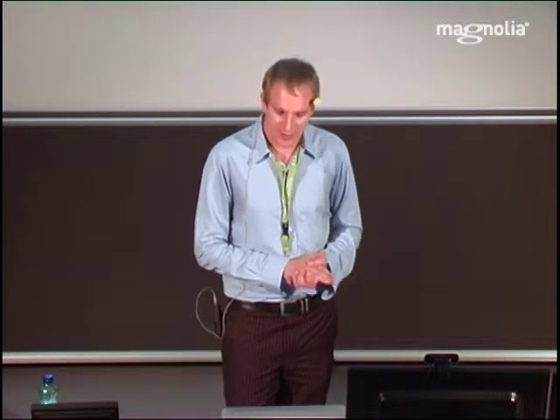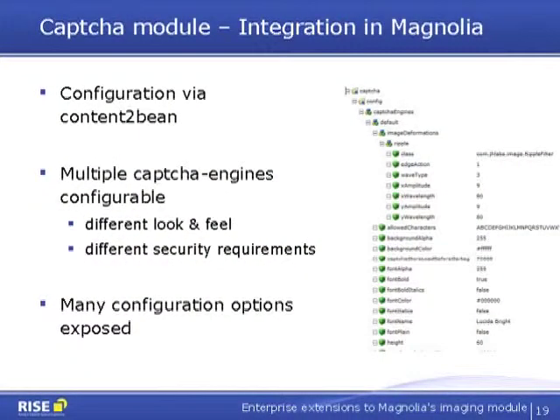It stores the generated captchas for verification later. You can control the time to live and how many get stored, and it provides very simple methods to generate or verify the captcha images after the user has entered them into the form. So that's JCapture. And we integrated that into Magnolia